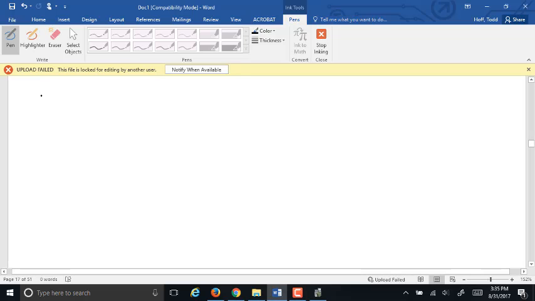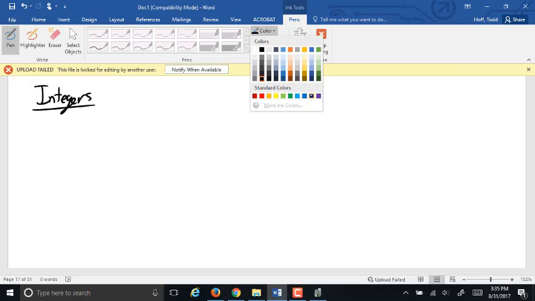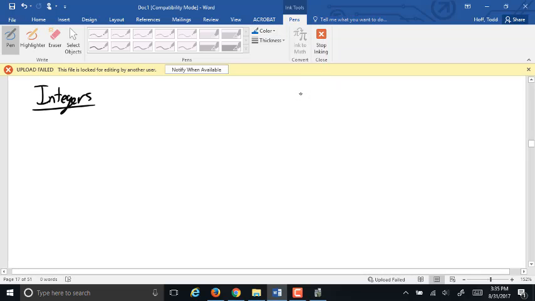Integers actually include the whole numbers, but then they also include the negative numbers. So to deal with integers and how we do our operations with them, we need to take a step back and look at, remember on our numbers,